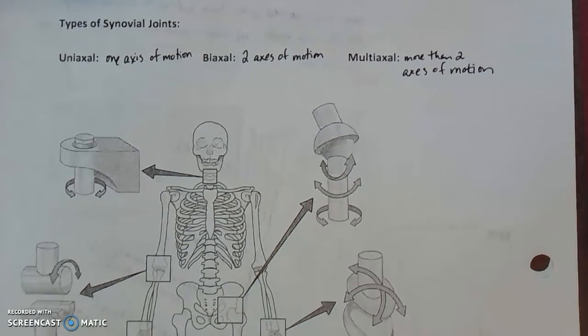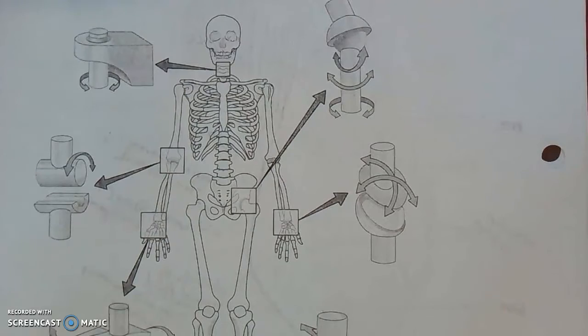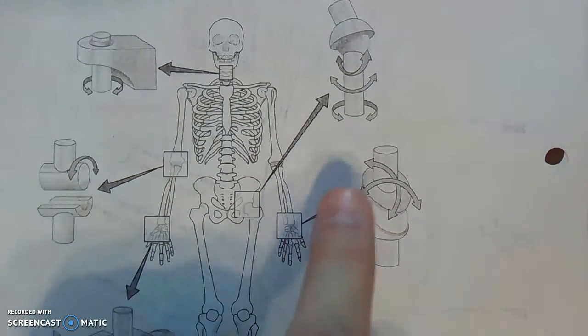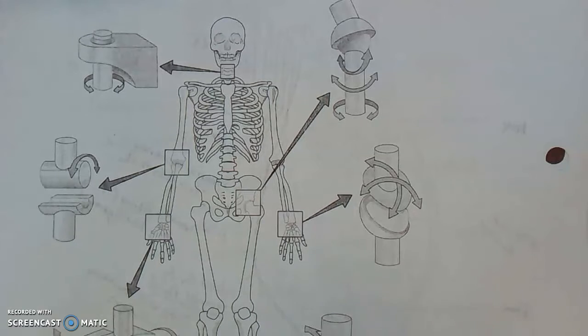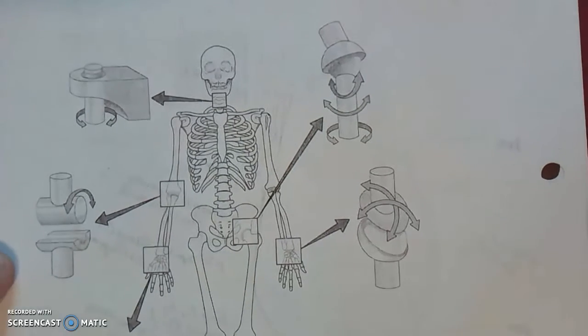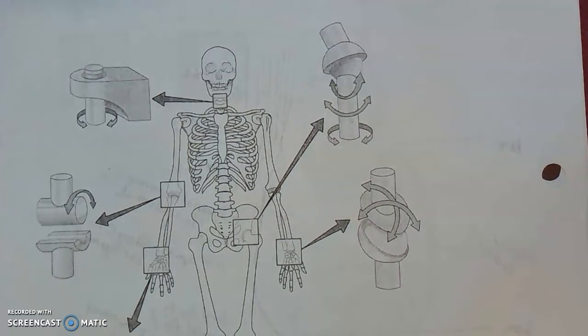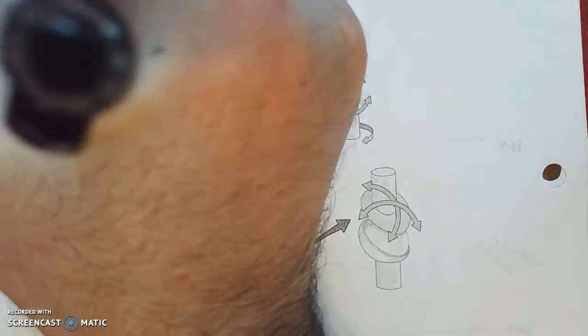So you can look down here at the diagram and see that some of them have one set of arrows, some of them have two, some of them have more than two. So that's one way we can look at these. And this diagram gives you one specific example where these are located, and I will give you probably a couple more. So our first one right there is called a pivot,